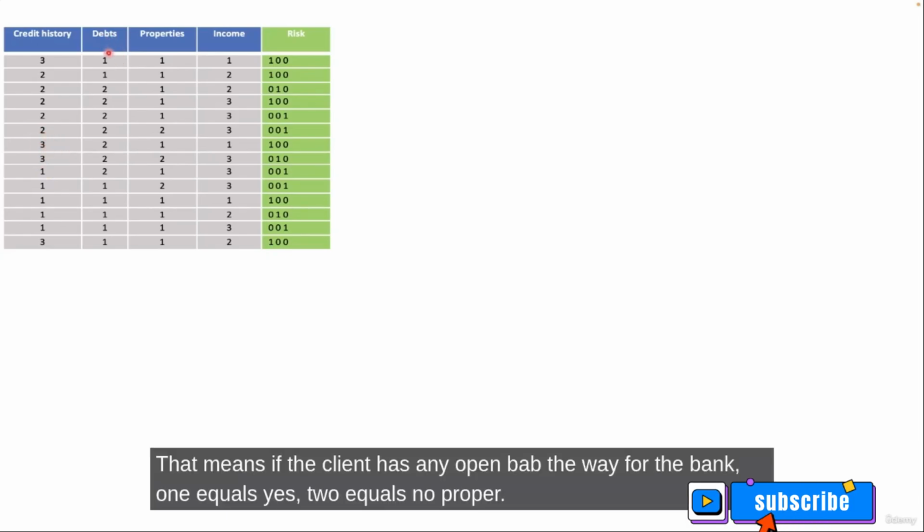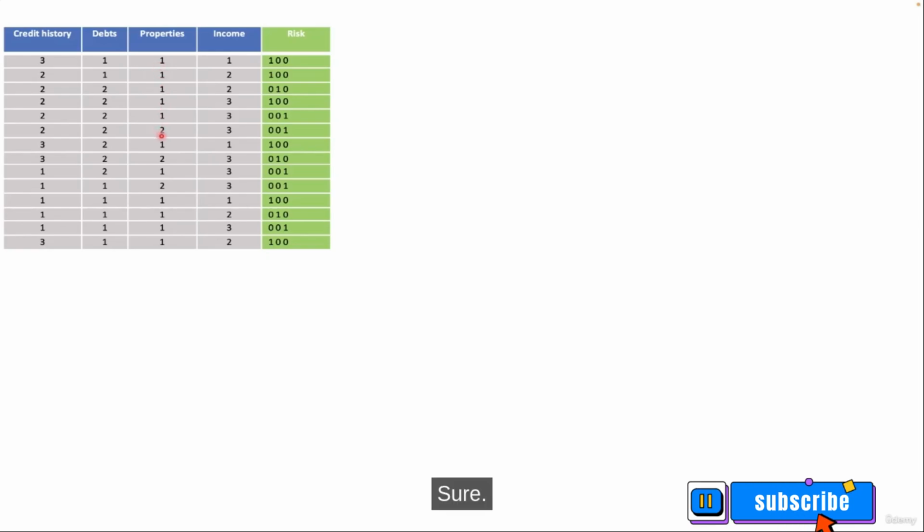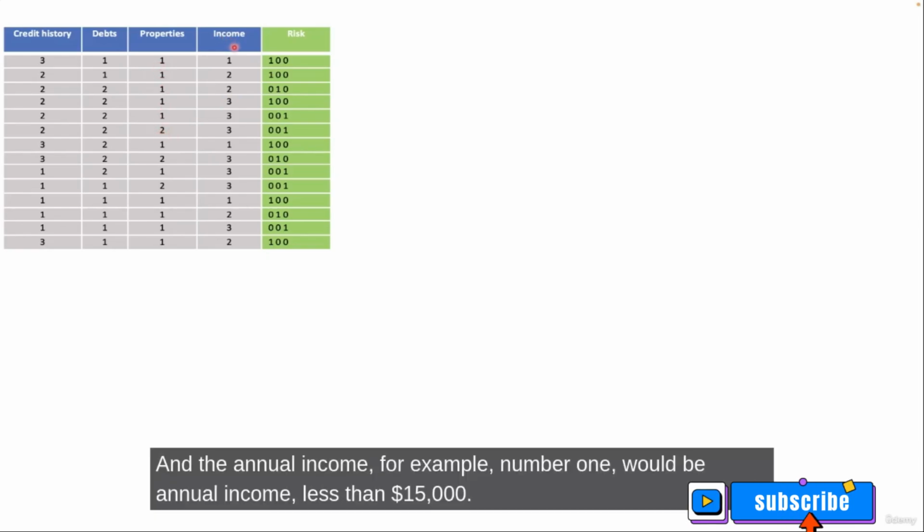Debt means if the client has any open debt with the bank. 1 equals yes, 2 equals no. Properties means if the client has cars or houses. 1 yes, 2 no, and the annual income.